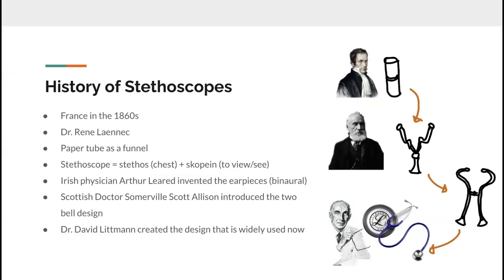To avoid putting his ear on female patients' chest in order to hear their heartbeats, a French doctor named René Laennec created the first version of the stethoscope by rolling up a paper tube and using it as a funnel, as you can see on here. So Dr. Laennec realized that it amplifies the sounds in the woman's chest. He called this simple invention a stethoscope, from the Greek words stethos, which means chest, and scopian, meaning to view